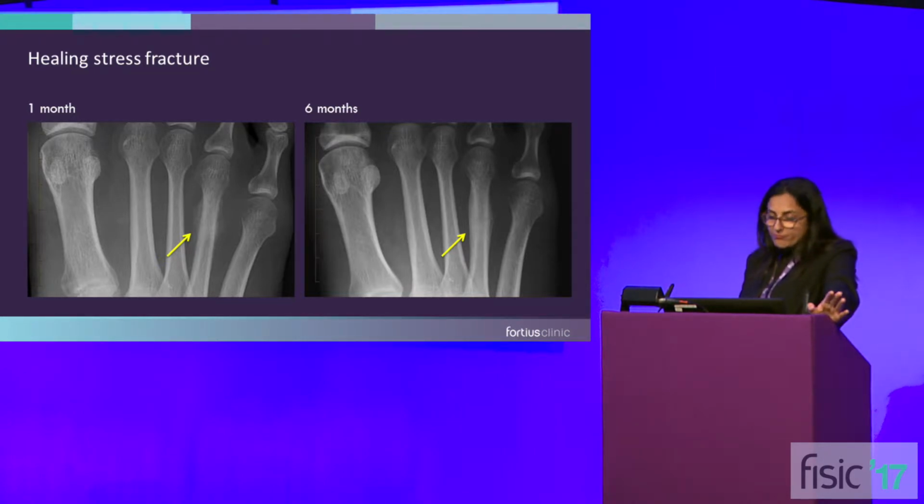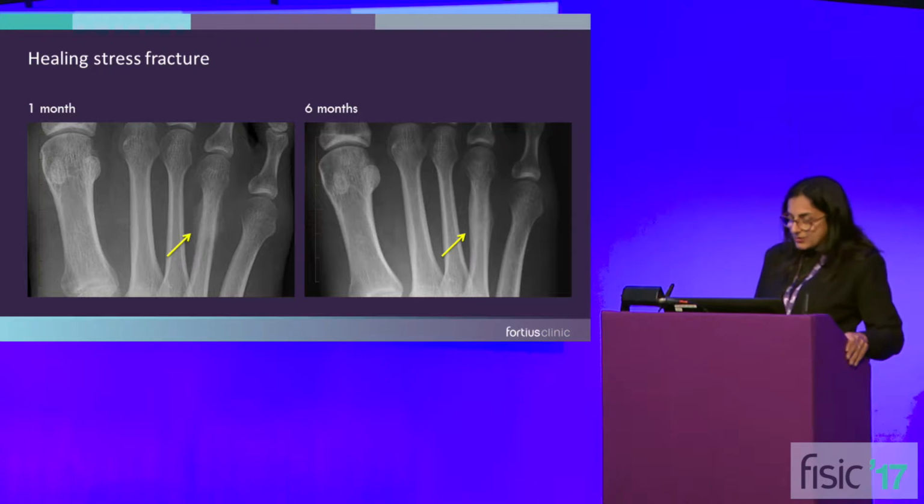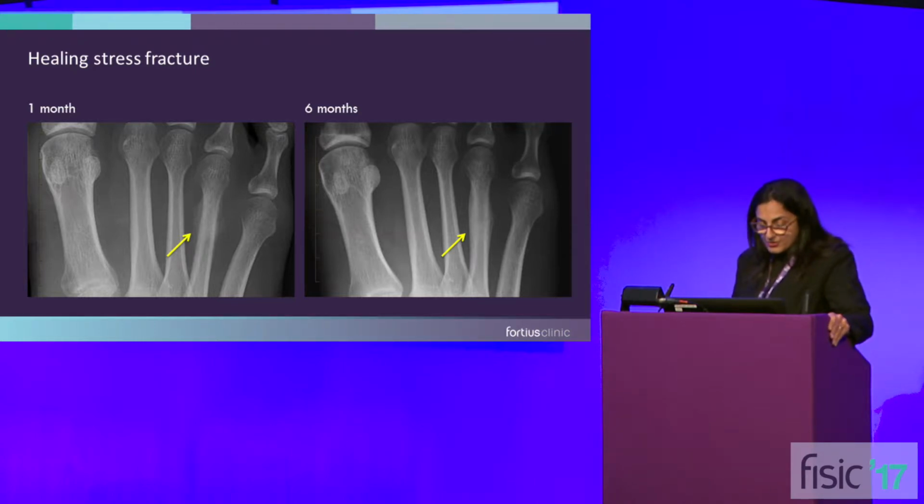You can see very soft callus forming at the site of this stress fracture, and then later on at 6 months they have mature lamellar bone, and so it's completely healed, and I'm sure the patient is asymptomatic at that point. Really, I think, do we need to use CT in those instances? Ultrasound, however, is quite important.